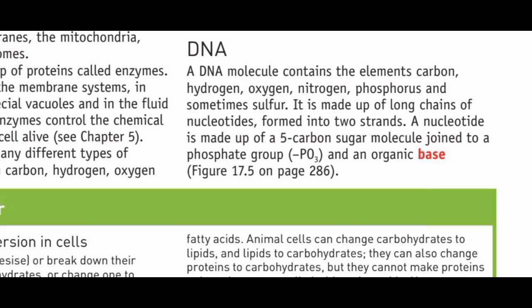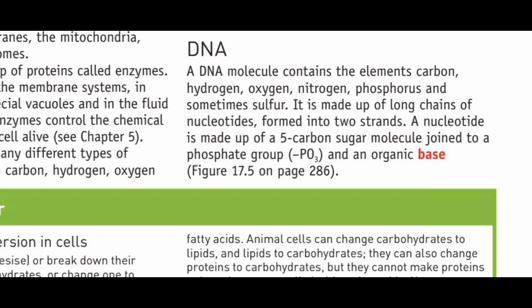The third is determining characteristics. The information stored in DNA determines many traits of an organism, such as physical appearance and biological functions. Now, another important point is DNA and the chromosomes. Inside the nucleus, DNA is organized into structures that are known as chromosomes. Chromosomes are long DNA molecules that are tightly packed together. Each chromosome contains many genes, and genes are small sections of DNA that control specific characteristics.